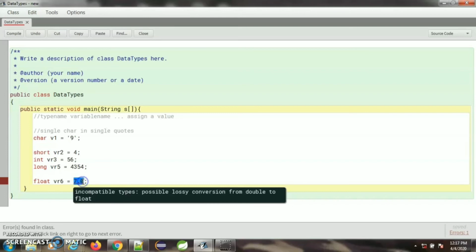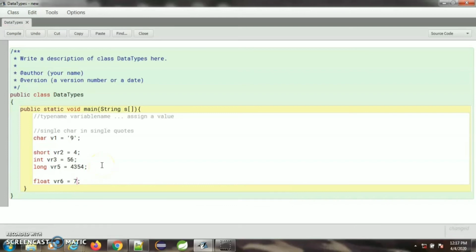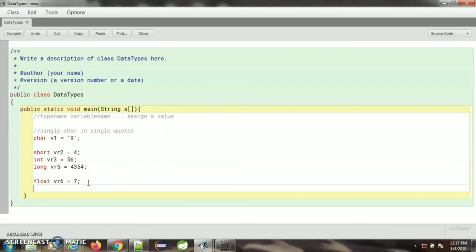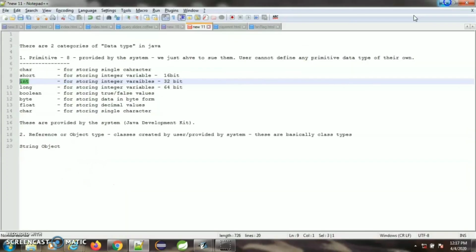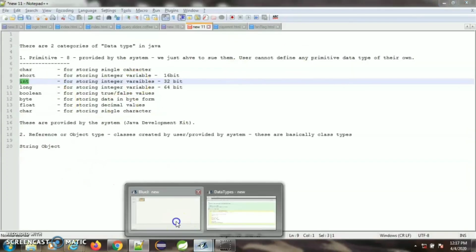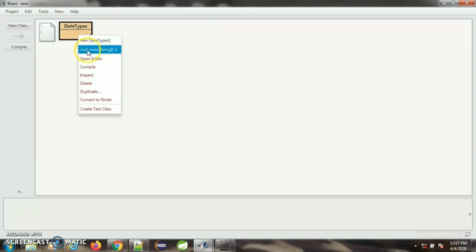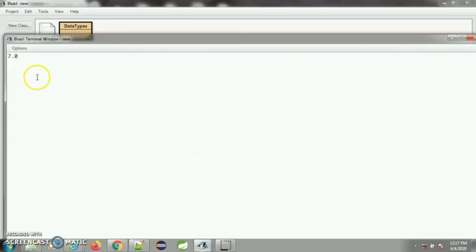But let me show you one thing. If I give 7 here, it will compile successfully, but if you print this value using System.out.println, and we are printing vr6, then we will be getting the value in decimal. So I am just going to run this class. So we will be getting the value as decimal.